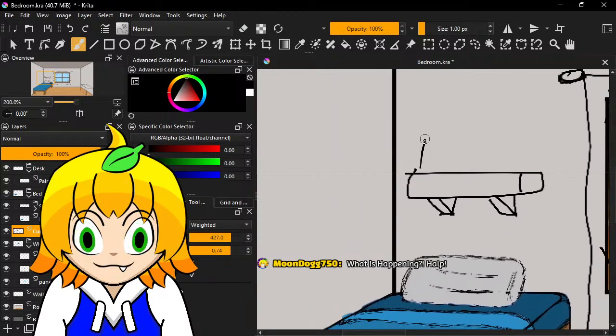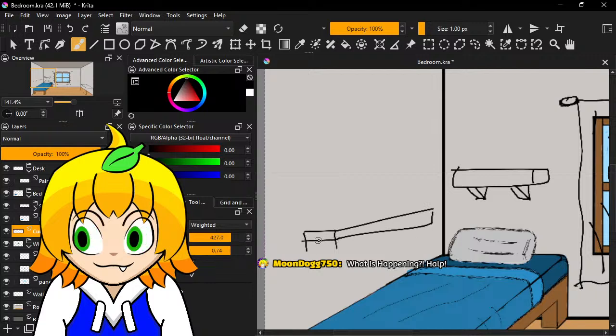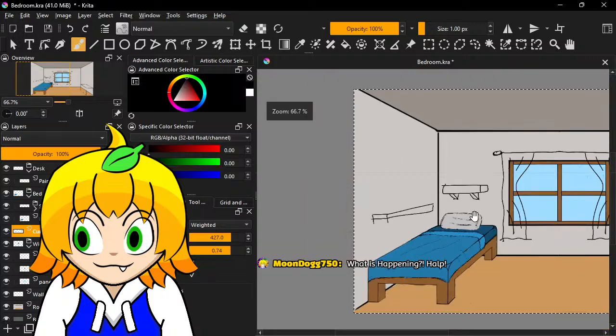Maybe that shelf should go here or something. Maybe there?